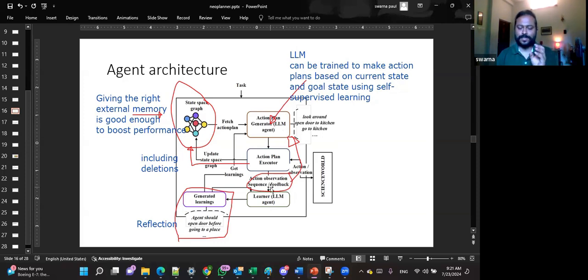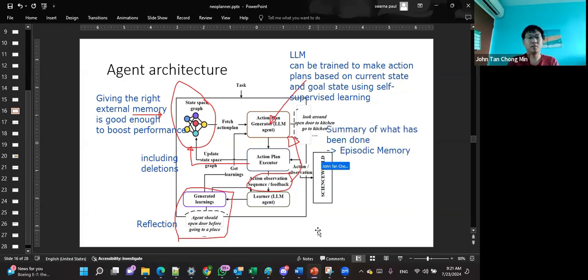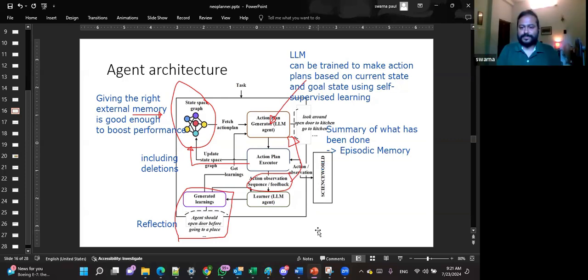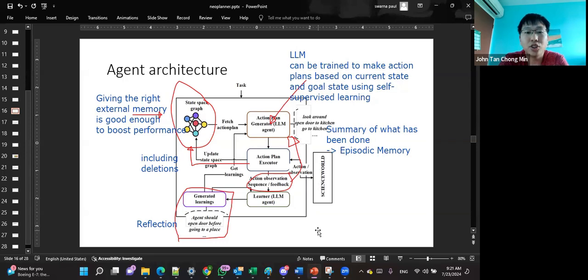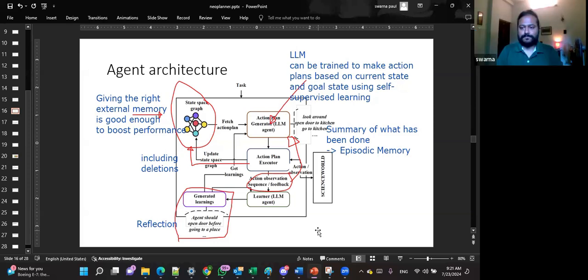So we are not explicitly storing this sequence. Got it. So only the last action, and this means that if some action at the earlier part could influence the later part, that kind of relation is not captured right now. Yeah, and that could be inserted for better performance.